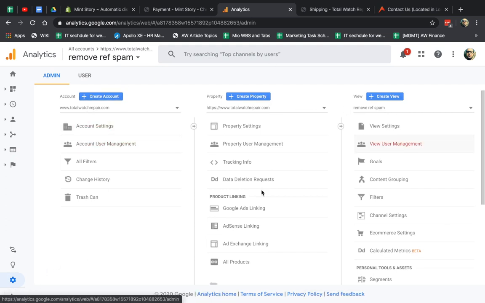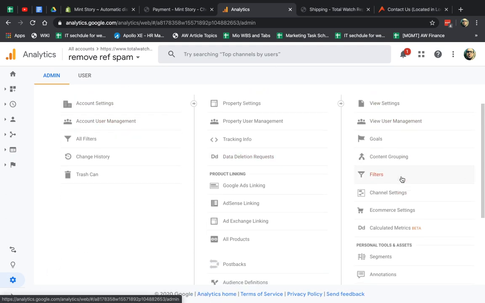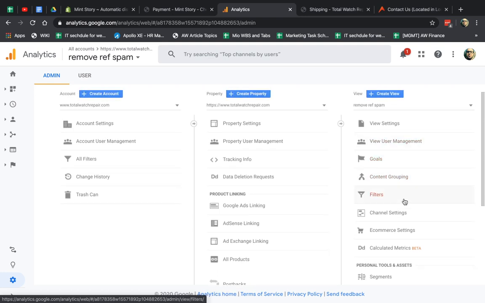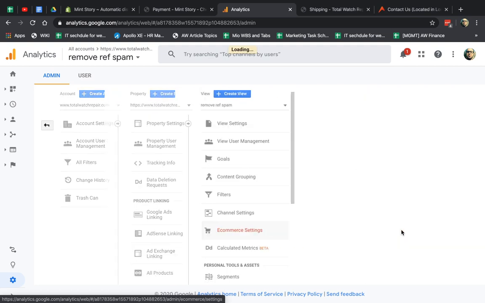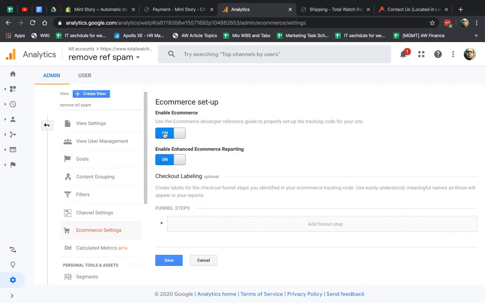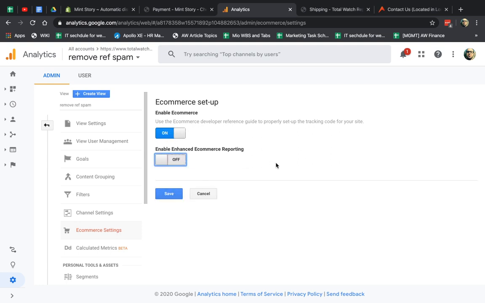So, how do you do it? You go to your account, you go to your view, and you go to two things. So number one, if you have an e-commerce goal, so for example, you're getting orders, you have a shop, you click on e-commerce settings and you turn it on, right? If you want enhanced e-commerce, you turn it on. If you want really advanced things, you add the funnel, but that's a different topic right now. So you have e-commerce goals, you turn it on, something like that, and you save it.